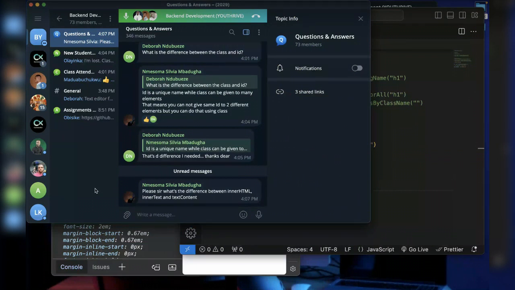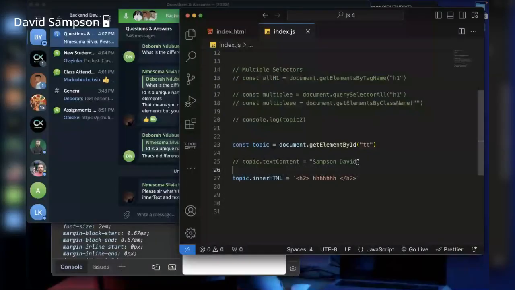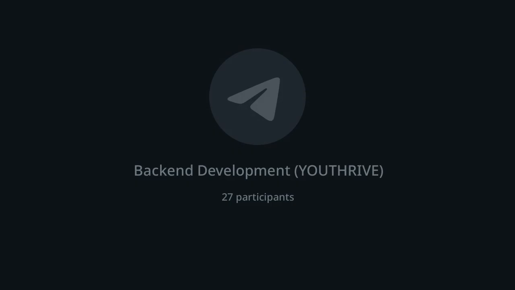That's the basic difference between the both of them. We can go deeper into that, which is actually a little bit above what we have for today. But innerHTML, you are adding a new HTML inside it. innerText and textContent are doing basically the same thing by changing the text inside the tag. So what I can do is, apart from this, I can add topic again and then say dot innerText.